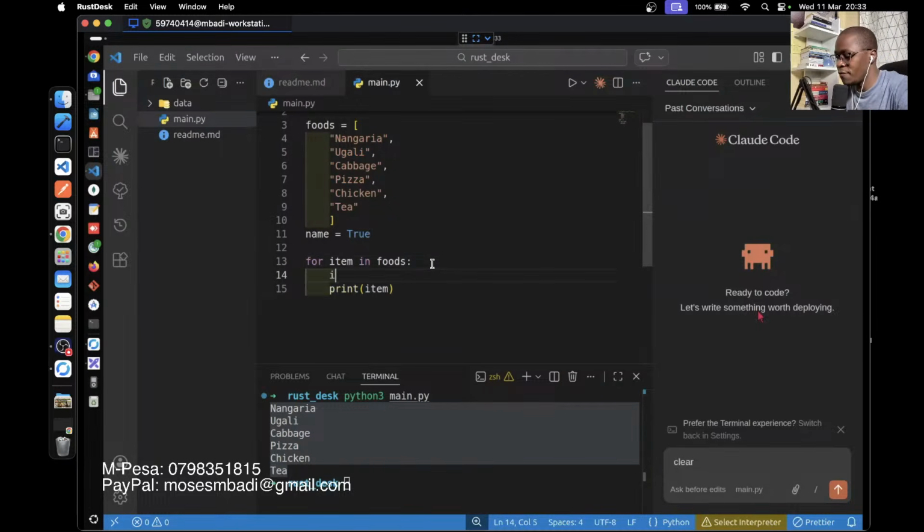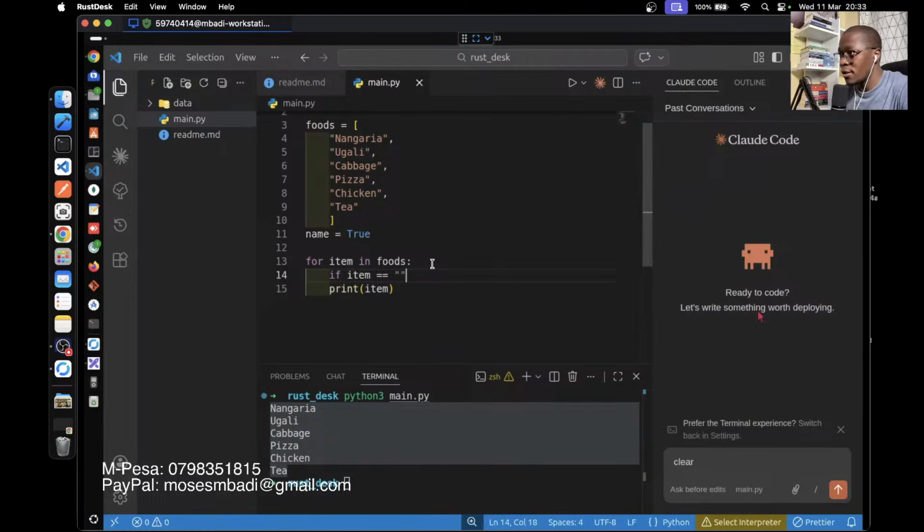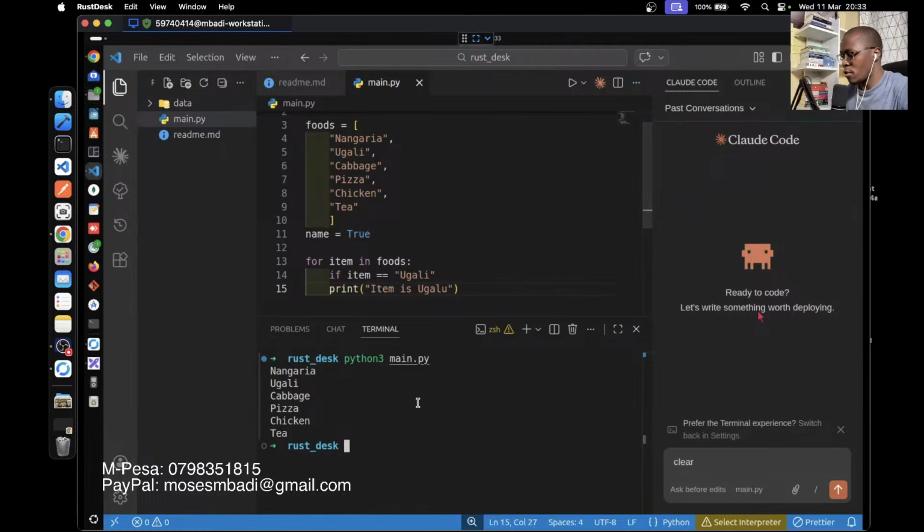So we can say if the item we are looking for is ugali, we want to print item is ugali. Why did I use two quotation marks? It's supposed to be one, like so. So remember here all the items were printed, but let's see what happens when you run the code now.